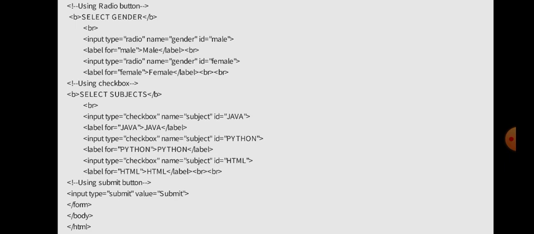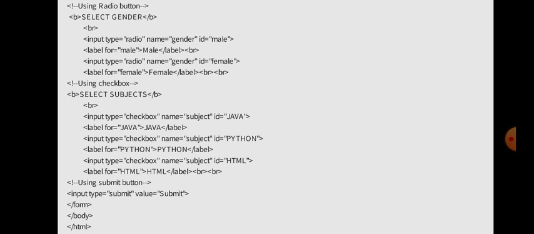Next I'm taking checkboxes also, for selecting the subjects. Input type is equal to checkbox and name is equal to subject and id is equal to Java. Here I am taking three subjects, Java, Python and HTML. So it creates three checkboxes in the web page.